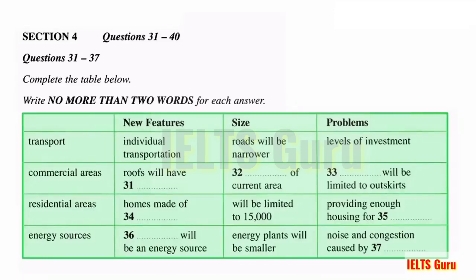Naturally, this is a major change to the infrastructure, and something that may hinder it is the huge amount of investment it will require. The next thing is, what is going to happen to the commercial areas? We do not want these to become even larger concrete jungles than they are at present, so we have to look at design. And current designs for city development include building gardens on the roofs of these buildings to make a more pleasant environment for workers.